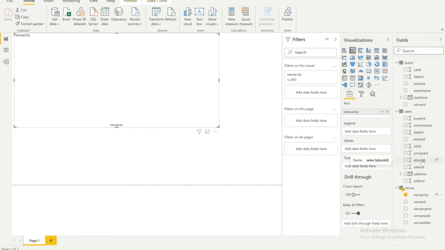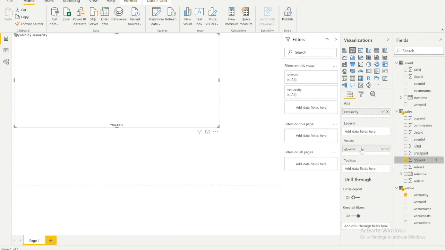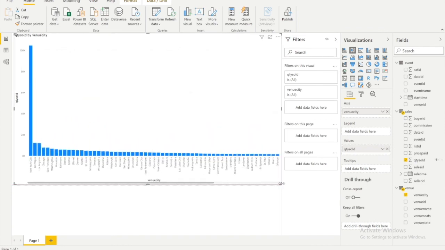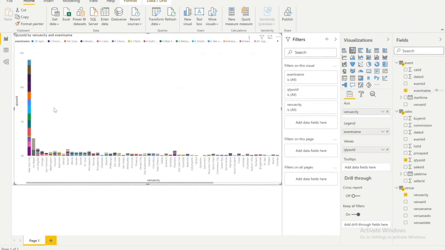This way, just to help you understand, I was able to get this thing, and under event ID I have venue ID, event ID. If I want event name, I can put this as a legend if I want to. So here you see. If you just notice, using these 3 different tables, I just created a small visualization. Like this, we can do any kind of requirements, any kind of dashboarding as per our business requirements.